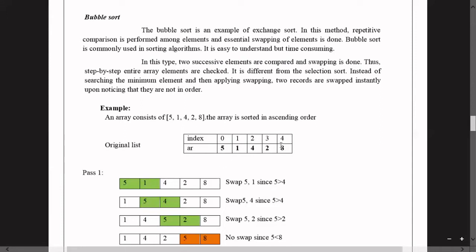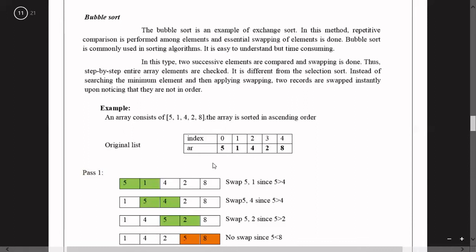For example, if there are 10 elements, n value equal to 10, then n minus 1 passes are required to sort n elements. That means to sort the 10 elements, 10 minus 1, 9 passes or 9 iterations are required. Here n value is 5, so we are going to have only 4 passes. In the first pass, we take the original values 5, 1, 4, 2 and 8.